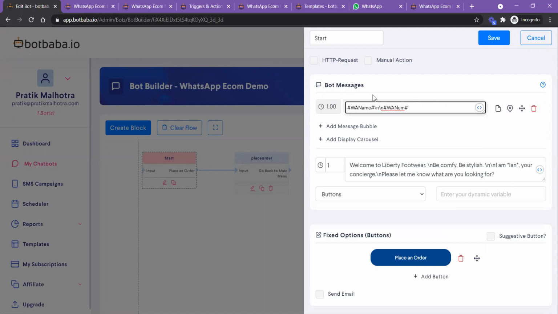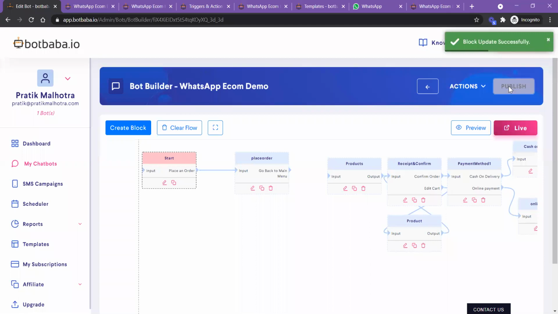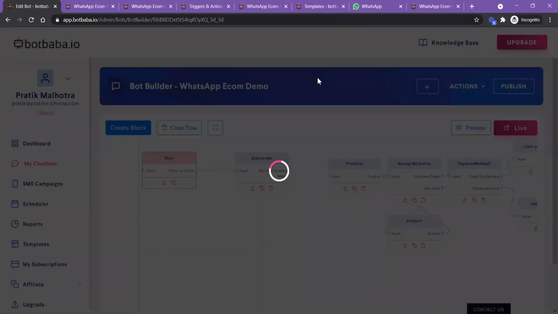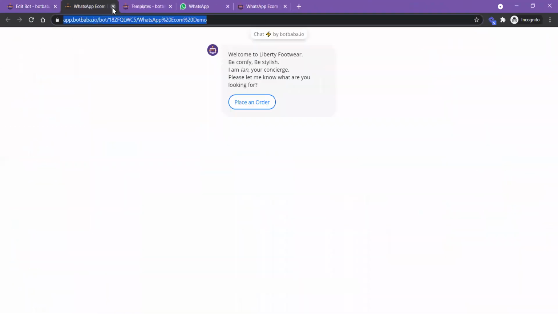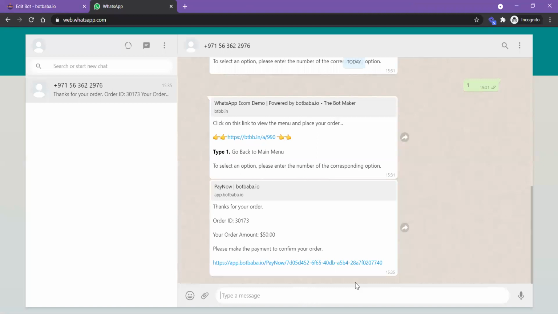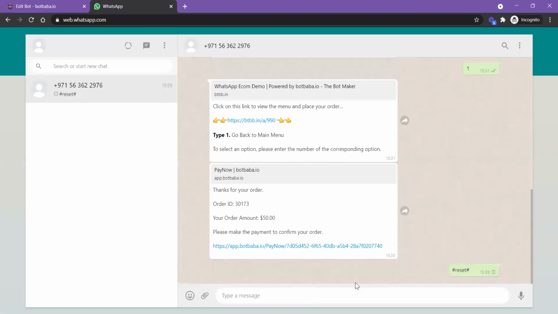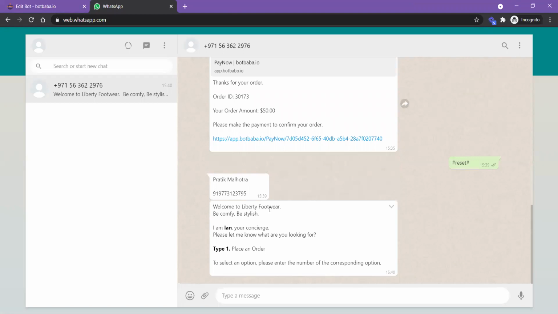These are WhatsApp name and WhatsApp numbers. And let's save it. I will reset the WhatsApp bot. Let me close some tabs. I will reset the conversation. And it recalls my name and my number.